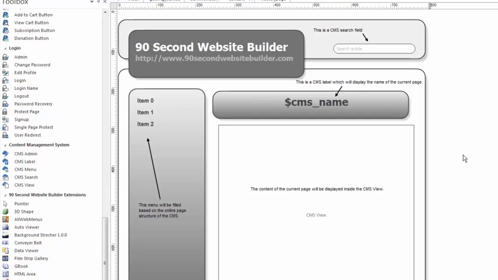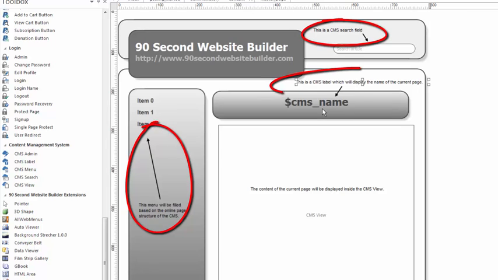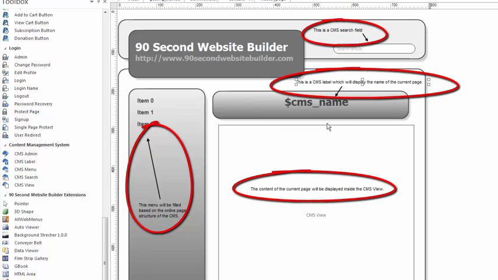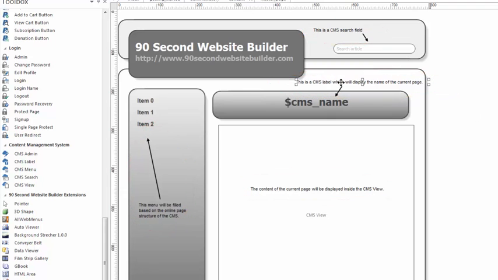Now, let me talk to you a little bit about some of these other fields here. These are just text objects that are explaining to you what you're looking at because this is a demo. And so this template is actually also teaching you. So for the sake of this demonstration, I'm going to go ahead and leave these. You wouldn't leave these because this is telling you what you're doing, but you would want to get rid of these pieces of text and these arrows. But for now, because we're learning, I'm going to leave those in place and talk about some of these other